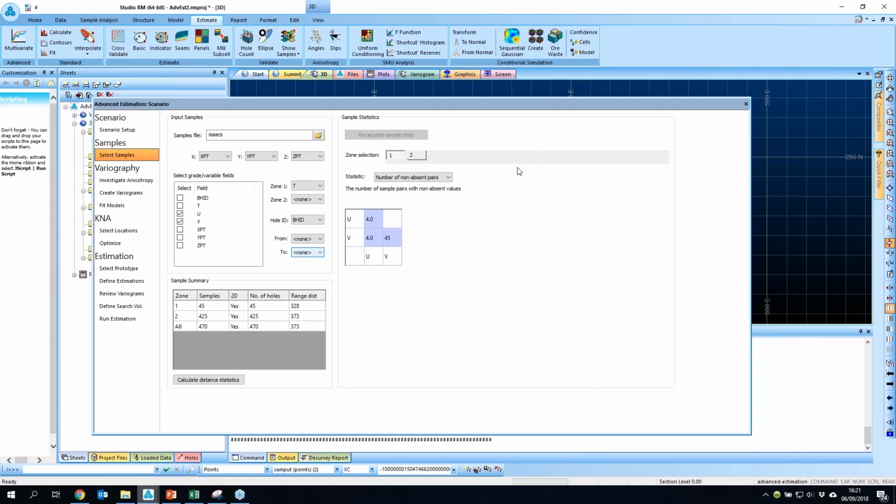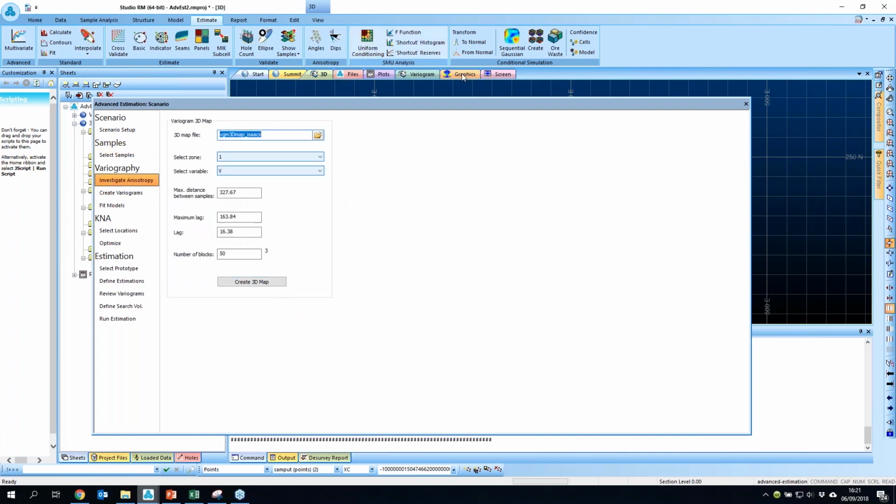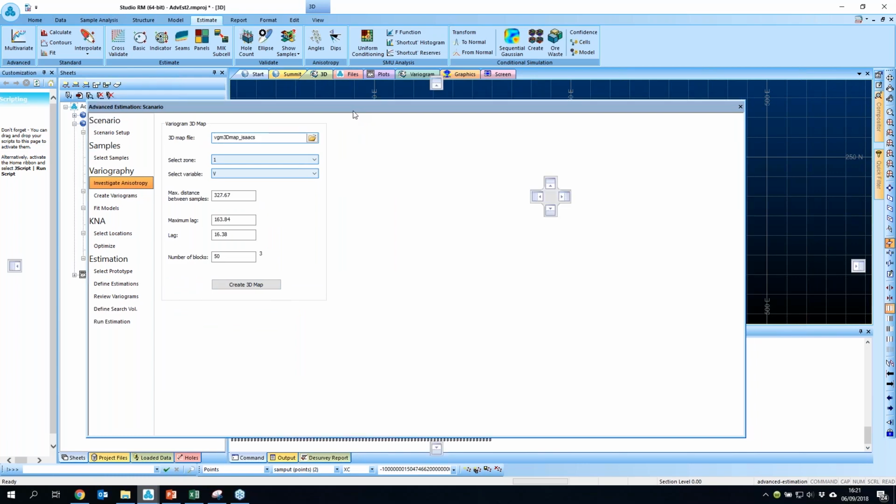Uniform conditioning is also part of this module, and we've now enabled the co-kriging as the estimation method behind uniform conditioning, which means it's a lot quicker than it used to be. Under the variography, we've done massive improvements to the